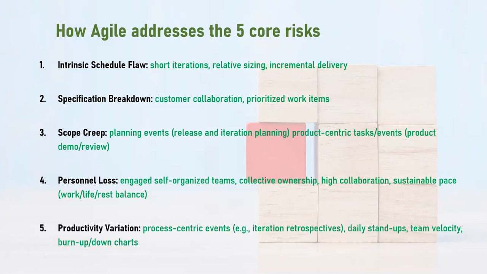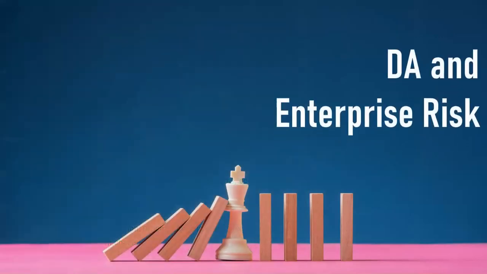Finally, productivity variation. We do have process-centric events as opposed to product-centric events in Agile approaches. So we have retrospectives, stand-ups. We can look at team burn-up, burn-down, cumulative flow diagrams. There's just more real-time instrumentation in well-done Agile. So I wanted to point that out because these intrinsic, built-in ways of addressing risk are present in Agile. So let's get into, and this is where I will share some practical experience,